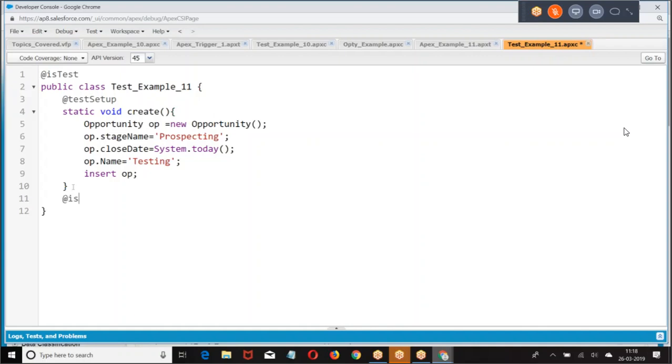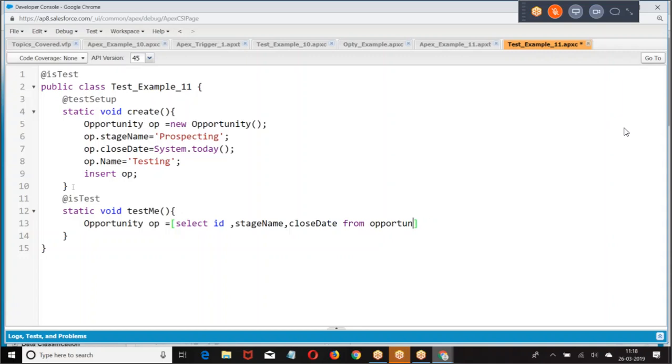With the help of the dummy data, I want to test it. Now what I'm doing, opportunity, ID, stage name, opportunity. Then op.stageName equals to... Now opportunity stage name is prospecting. That stage name I am modifying as closed one. Then I told update.